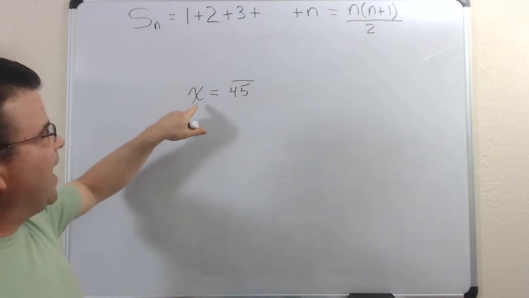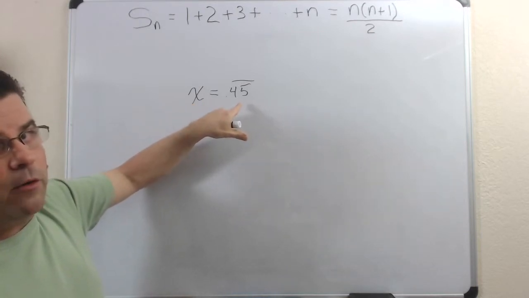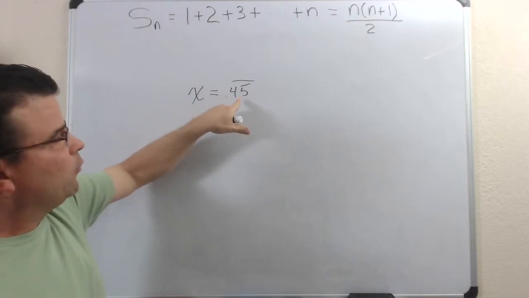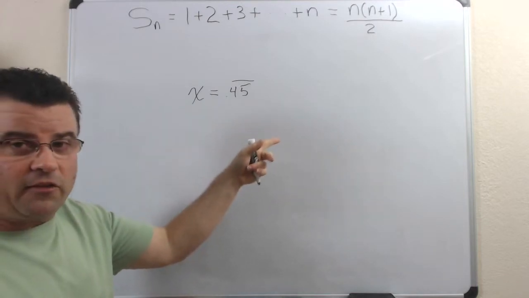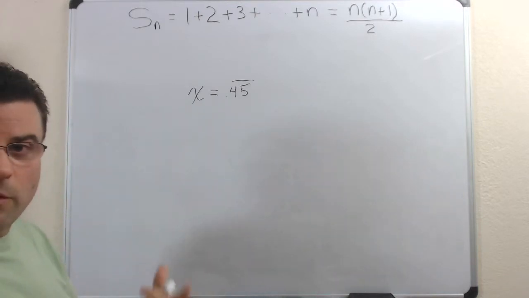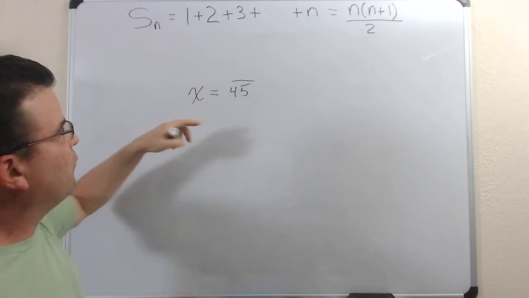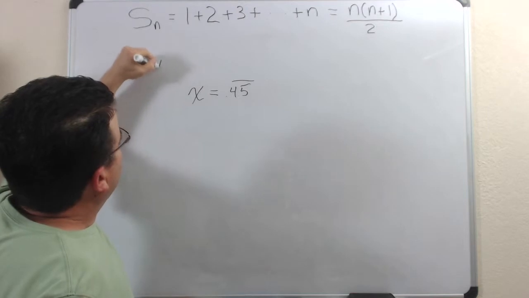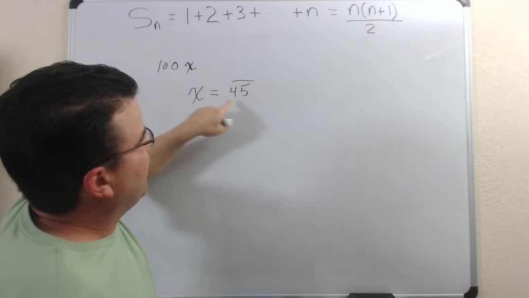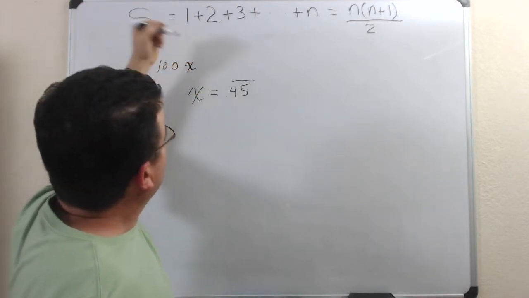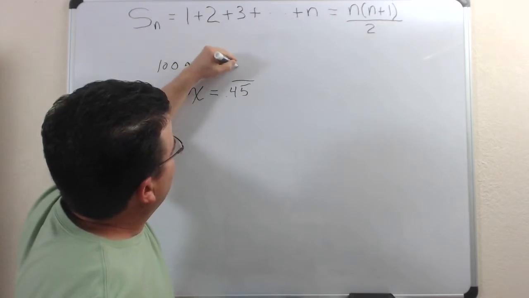But I think it's clear that x isn't a variable, right? X is equal to that number. So there's no variable here. X can't change. X is a constant in this particular case. But what we're going to do to accomplish what we want is multiply x by 100, and I'm going to write that right above. So we have 100x. Well, we know multiplying by 100 is just moving the decimal two places to the right. So 100x is going to be equal to 45.45